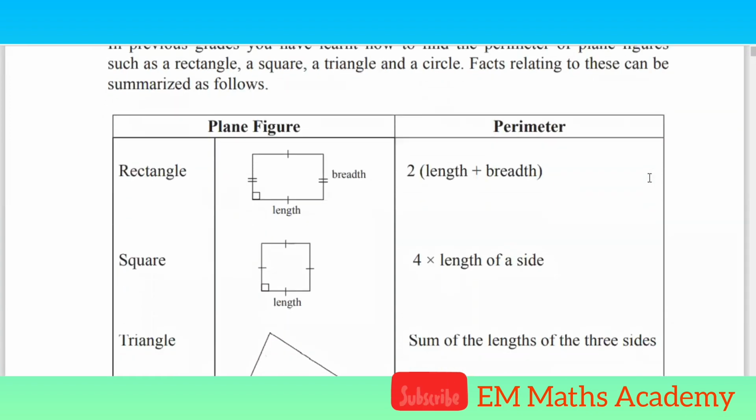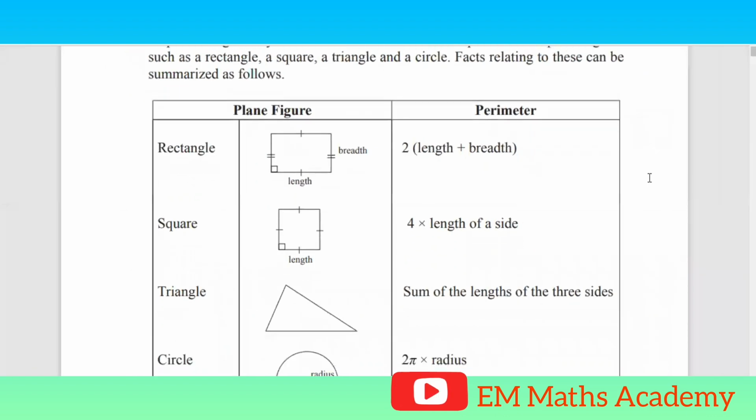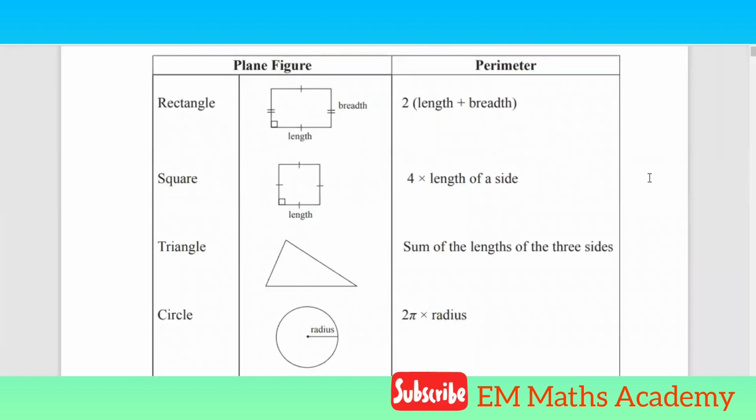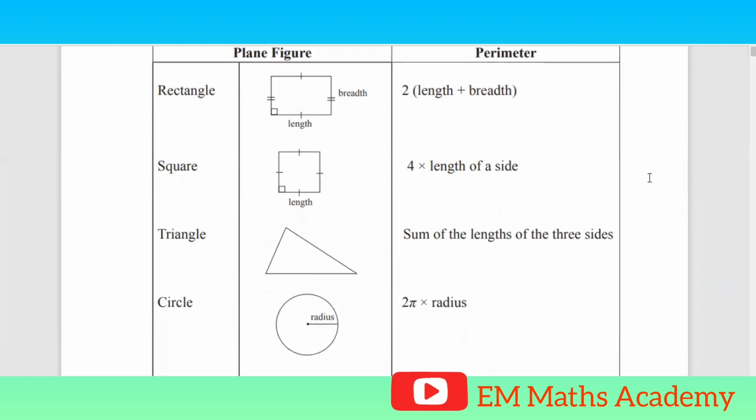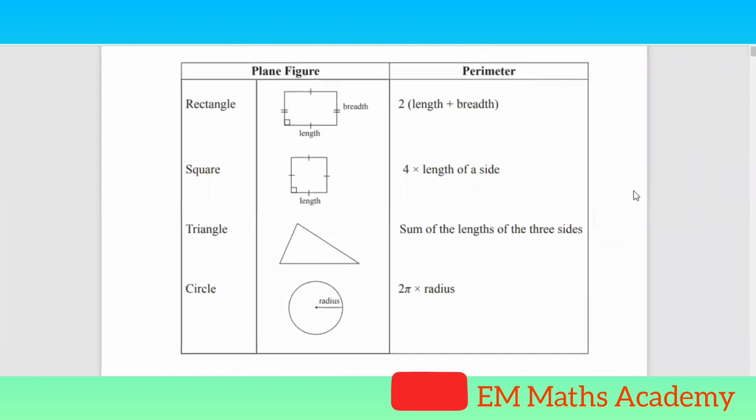Closed plane figures are the figures which are drawn in a plane. Okay, and when it says closed plane figures, they are bounded by straight line segments or curved line segments. Okay, then we call them closed plane figures. Okay, then first of all, before we move to the topic perimeter, under perimeter, first of all, let's consider what the closed